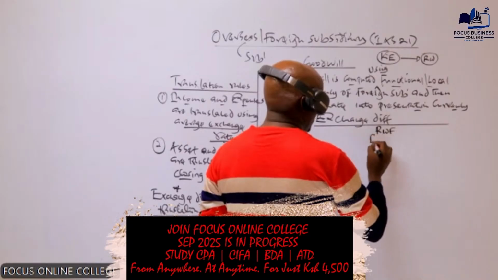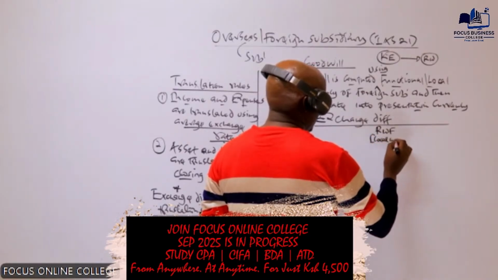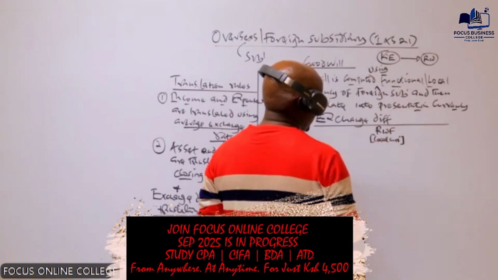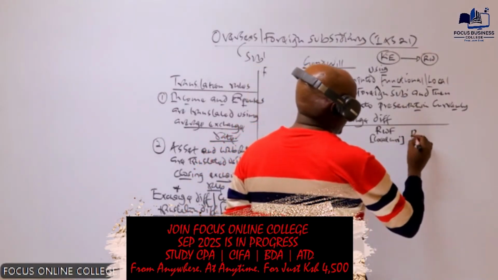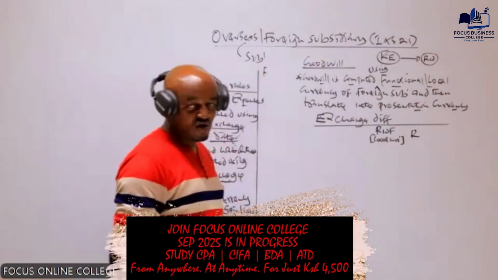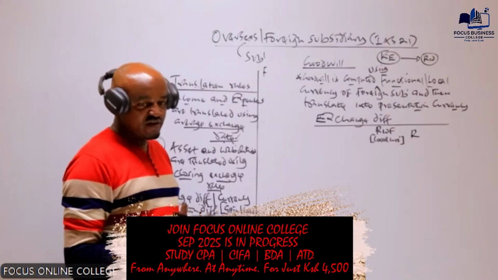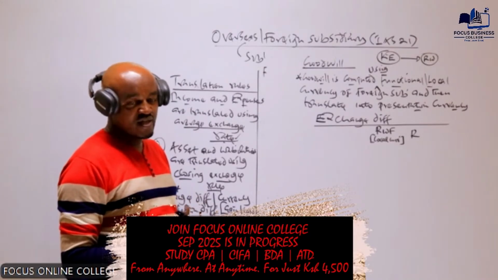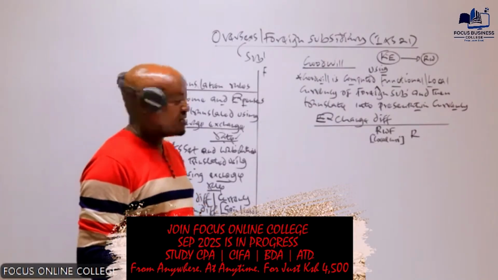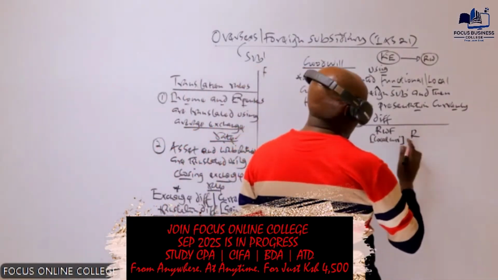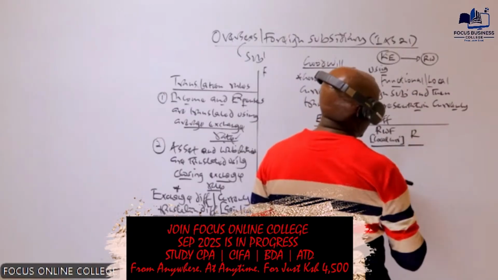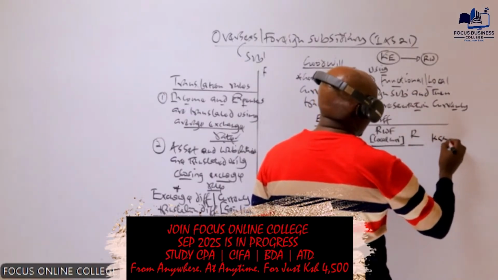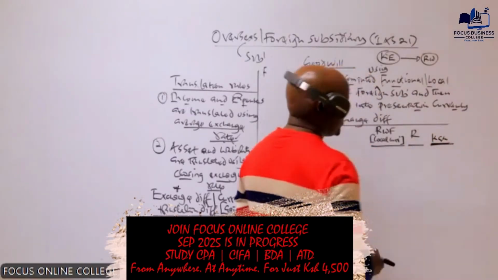This is basically the local currency of the foreign subsidiary. We have a column here for the rate of exchange. You'll be given the exchange rate between Kenyan shillings and the Rwandan franc. So here we have a column for the exchange rate, and then here we translate that into presentation currency, which